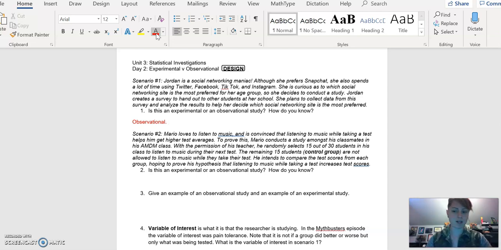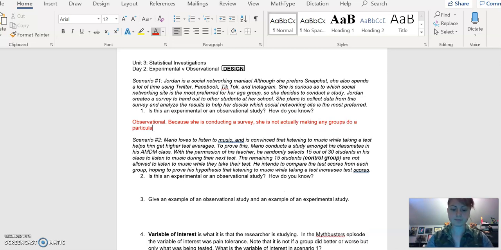You can say observational because she is conducting a survey. She is not actually making any groups do a particular thing. She is observing what's already happened. Okay, so observational studies are great. It's what most of you are doing because you can come up with a big survey,